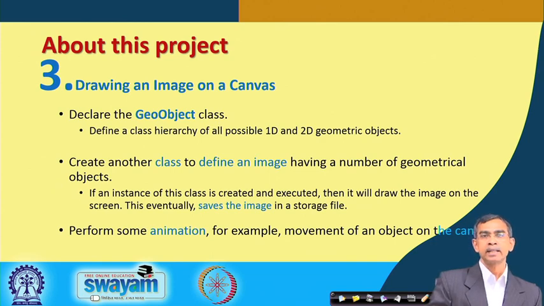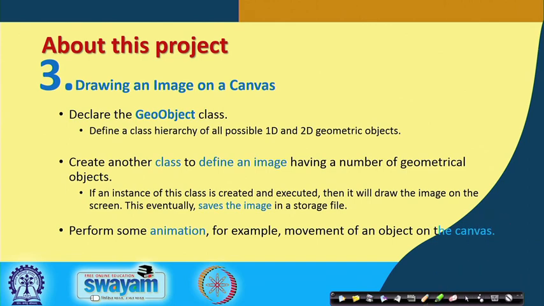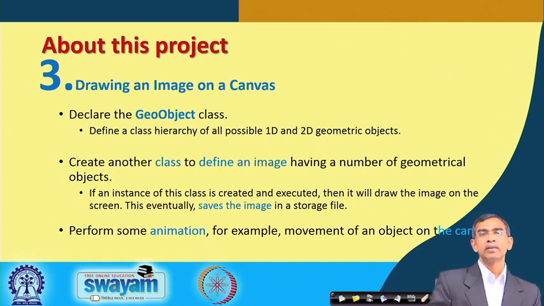And in the final stage of this project, you have to do the animation. A circle which is present there is initially static, but you can move it. That means the circle can move from left to right or top to bottom, from any direction to another direction. All those things can also be done. So, in this project we will do all these things together.